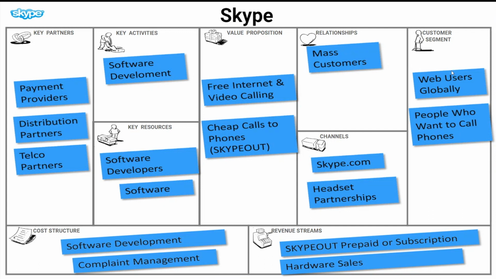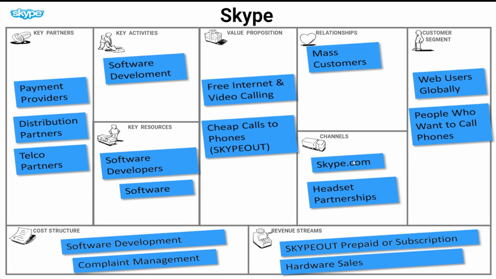And specifically, people who want to call without using telecom, خلينا نقول, medium. They want to call phones. They want to call through the IP, through the internet. هذه الكاستمر segment. So what are the channels اللي I identified على أساس إنه أقدر أوصل للكاستمر؟ The channels I identified is Skype.com, headset partnership. في بعض الأحيان يكون whoever buys a headset, في partnership صارت بين سكايب وبين Dr. Dre headsets. If you buy the headset, you by default get a subscription at Skype for 3 months. That's another thing that they have introduced as well through that kind of channel.